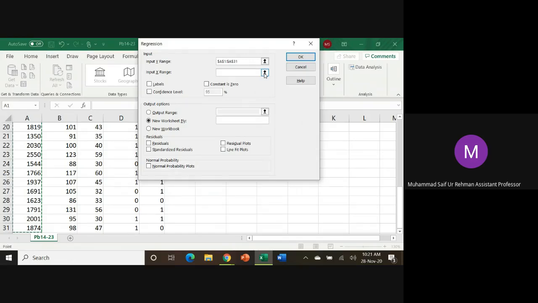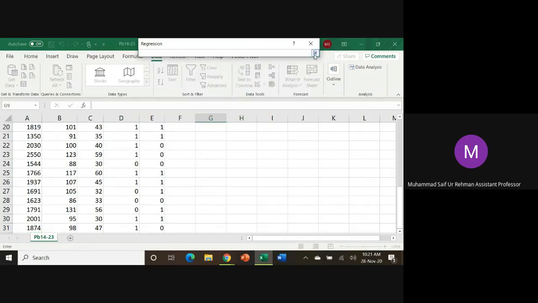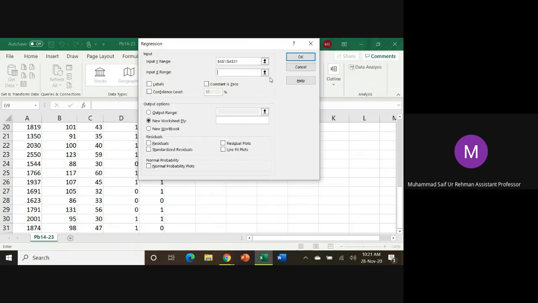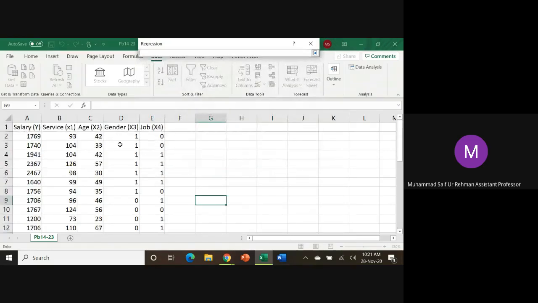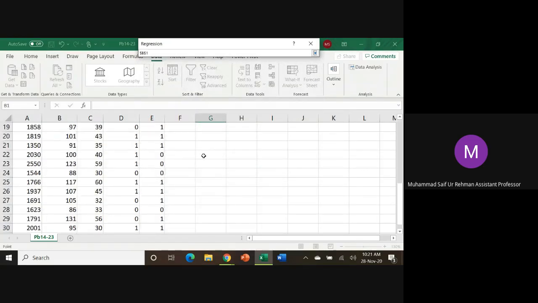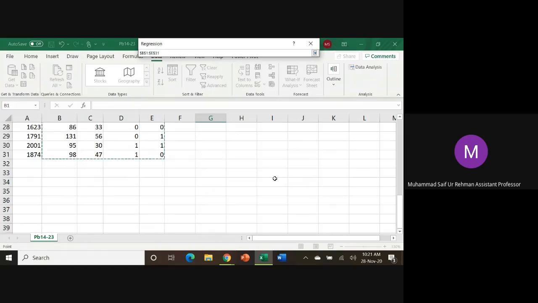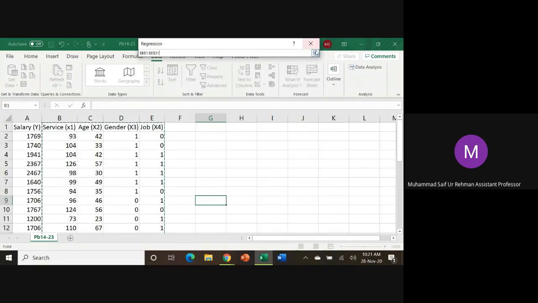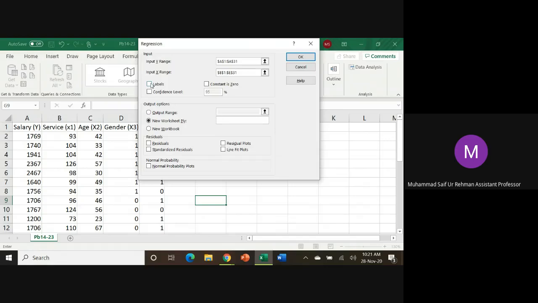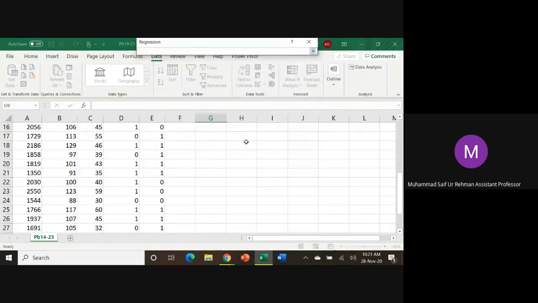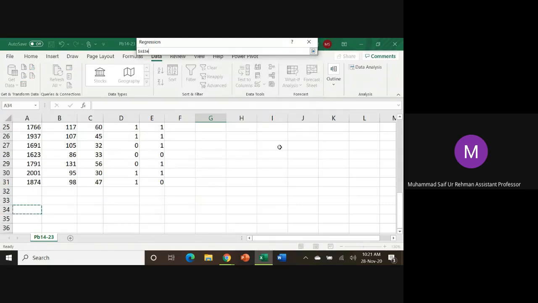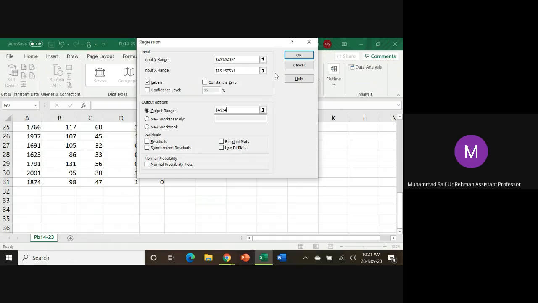Input range for Y, and then you are interested in giving the input range for X. So for X, you see all these variables are there. So you will write it down like this. Then you will press labels, because you know in the first row there are labels. Then you have to give the output range. So output range I'm going to give over here. And now you will simply press